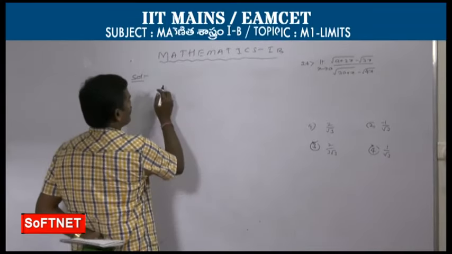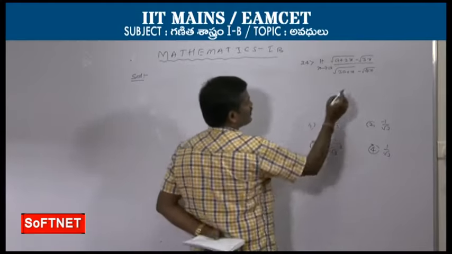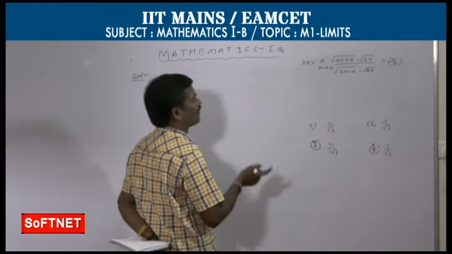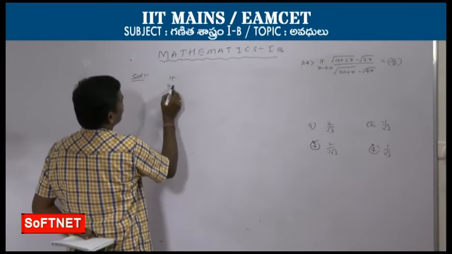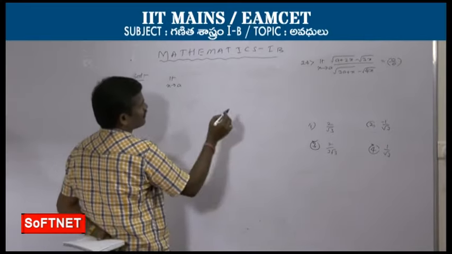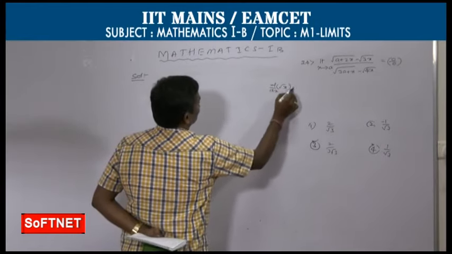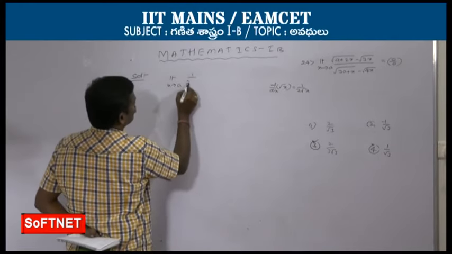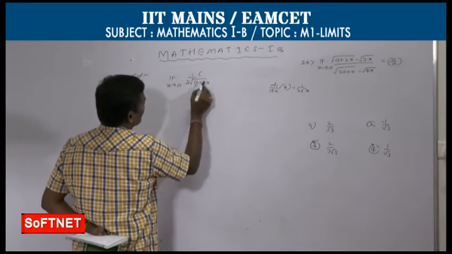This type of question, if you substitute x equals a, again it is going to form 0 by 0 form. So indeterminate form. So we can use L'Hospital rule. So L'Hospital rule, limit x tends to a, directly differentiate. The derivative of root x is what? Derivative of root x is 1 by 2 root x. So here 1 by 2 root over a plus 2x. So inner function derivative: a is constant, 0,